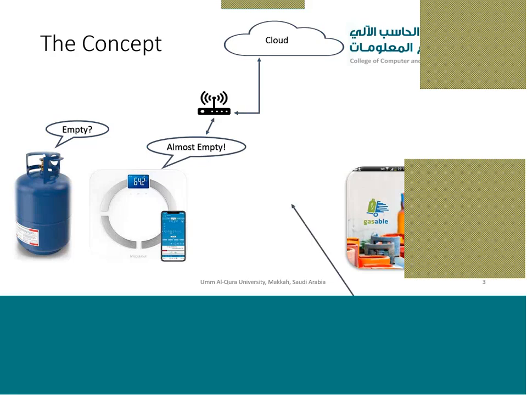So it will upload this data to the cloud, and from the cloud we can automatically request the application or the company who is responsible for bringing us the gas cylinder to bring it to us, because it is going to be empty soon. Now what we have done is we have automated the whole process. We have an automated cylinder measurement system which is taking the weight of the gas container, and it is automatically connected to the cloud, and it is automatically accessing the company and telling it that okay, now I am 10% left, now I am 5% left.